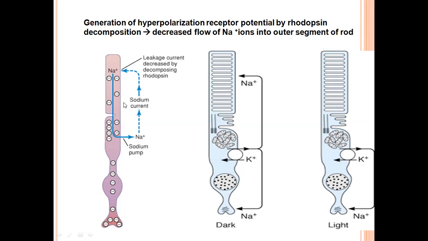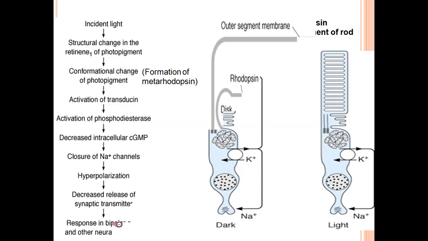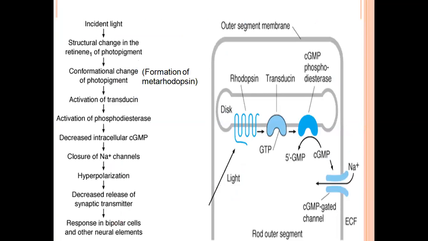So because of stimulation of rods and cones via the optic nerve, there is a closure of sodium channels, and because of this there is a decreased flow of sodium ions into the outer segment, which will lead to the hyperpolarization and causes an action potential in the rods and cones. Okay, same thing I have explained just now. When light falls on the cornea and retina, it causes the activation of different pathways. So the main thing is there is a closure of the sodium channel.